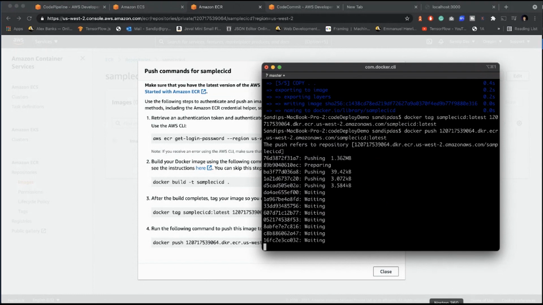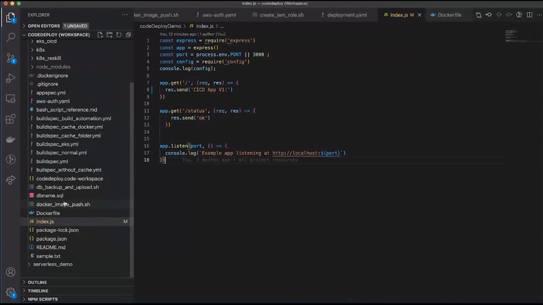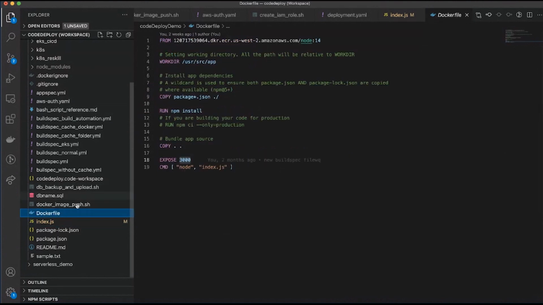What is happening? Let me explain the buildspec.yml file. Sorry, the Dockerfile. The Dockerfile is actually simple. It's simply calling the Node.js version. Now I've added my account because I don't want to face the rate limiting that's newly added by Docker Hub. So I just push into my ECR. That's why. But you can simply use this Node version 14.